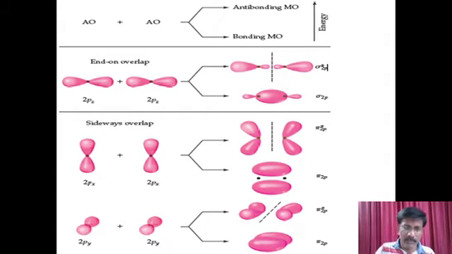So, sigma and sigma star. Now, when you look at the lower part of the diagram, that is the pi bonding interaction. This is a sideway interaction. Again, in sideway interaction, plus with plus gives bonding, that is called pi bonding, and plus interacting with minus leads to anti-bonding, that is called pi star. That is what we call the anti-bonding molecular orbital. So molecular orbitals are possible in sigma bonding as well as pi bonding.